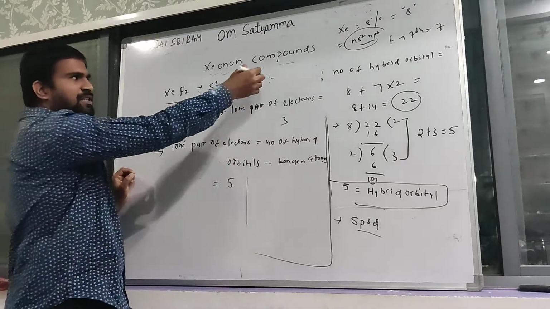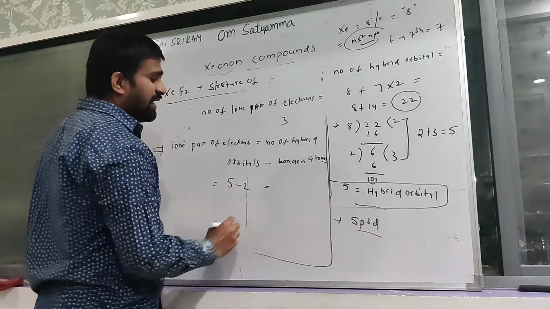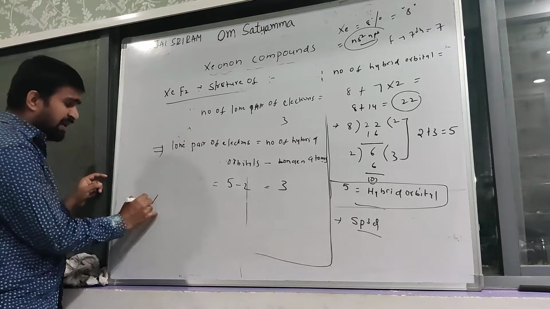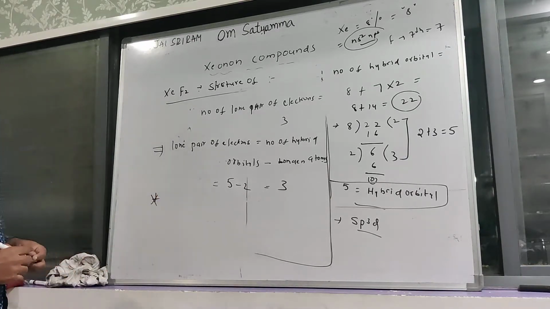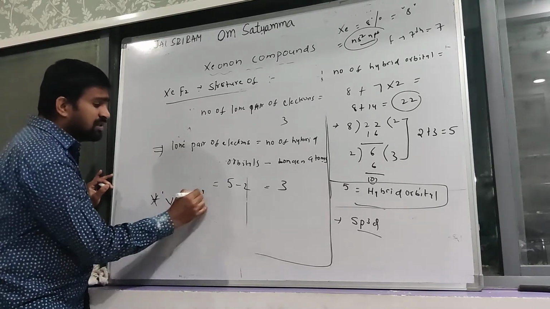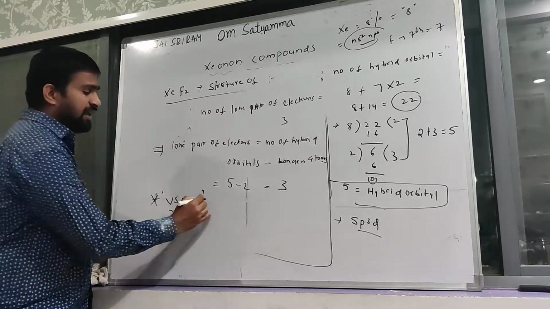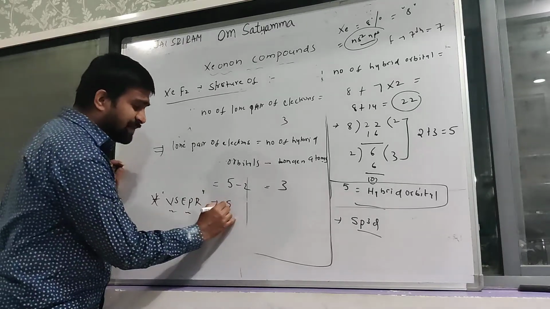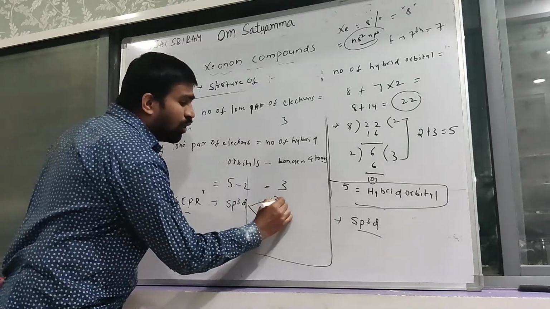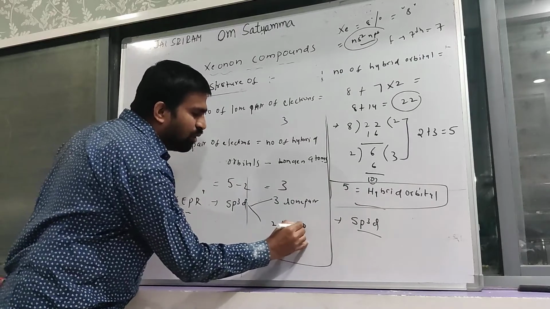How many bonded atoms are present? Here 2. Finally, the number of lone pairs of electrons is equal to 3. Very important. According to VSEPR theory, which is discussed in first year, a central atom having sp3d hybridization and also having 3 lone pairs and 2 bond pairs